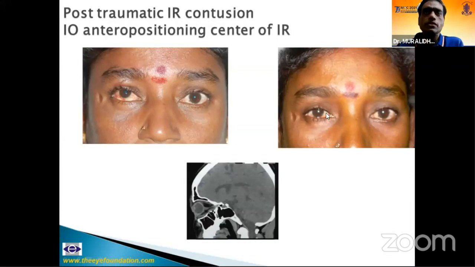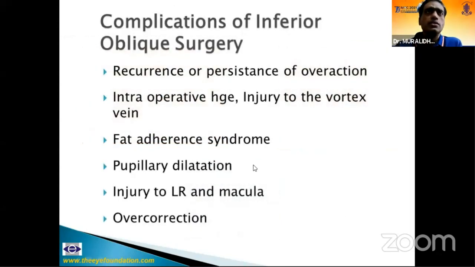So this was one patient. She said cosmetically she was better, the diplopia was better, but she did report some slanting of the image. Following a bull gore injury, the inferior rectus was injured way back, even behind the posterior pole of the globe, so we couldn't retrieve it. I did an inferior oblique anteropositioning at the center of the inferior rectus. You see that the deviation is corrected, but she was diplopia free only in up gaze, with the chin tilted a little bit down. In other positions, she said she had an unpredictable tilting of the image, possibly because of the torsional action. So inferior oblique surgery is not a very forgiving surgery.